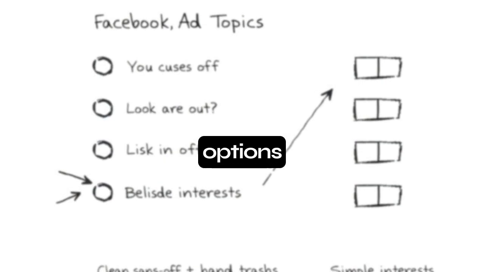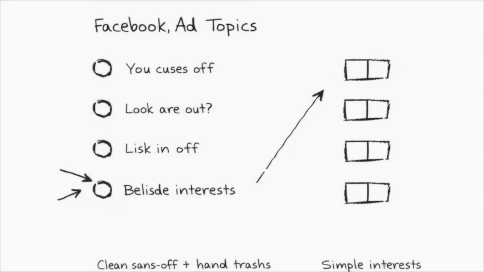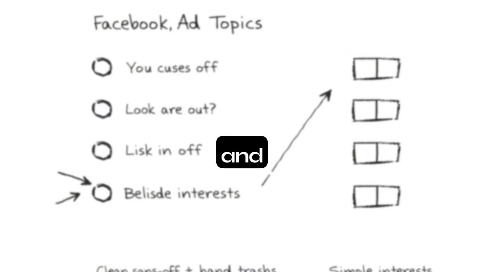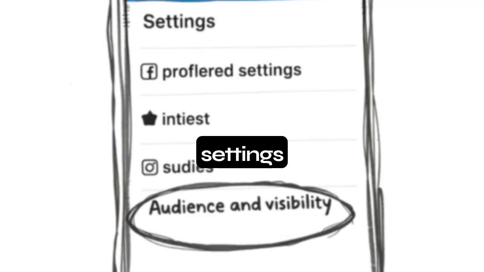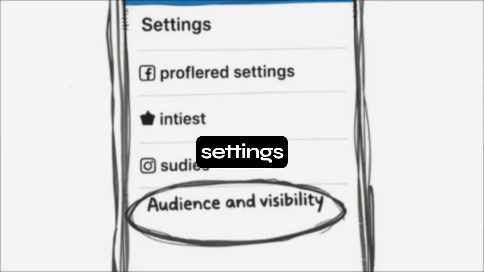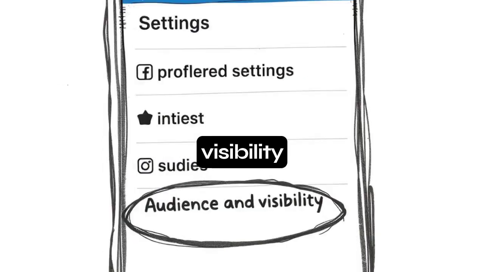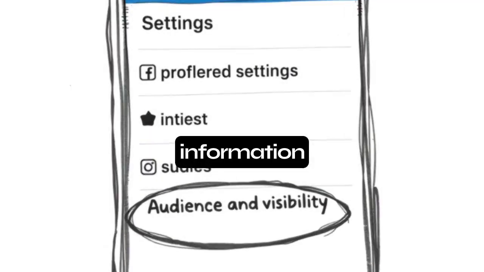Inside, review options like Add Topics or Add Activity. Turn off or limit topics you don't want to see and remove interests that don't match you. Next, go back to Settings and open Profile Settings or Audience and Visibility to double-check what information Facebook can use